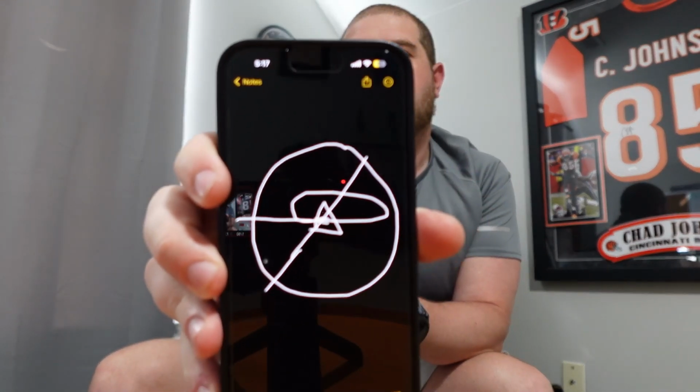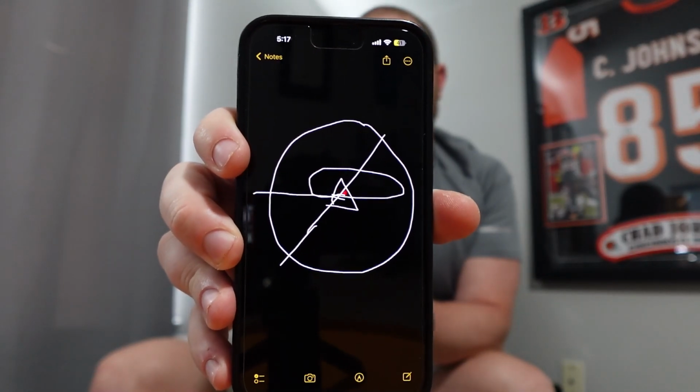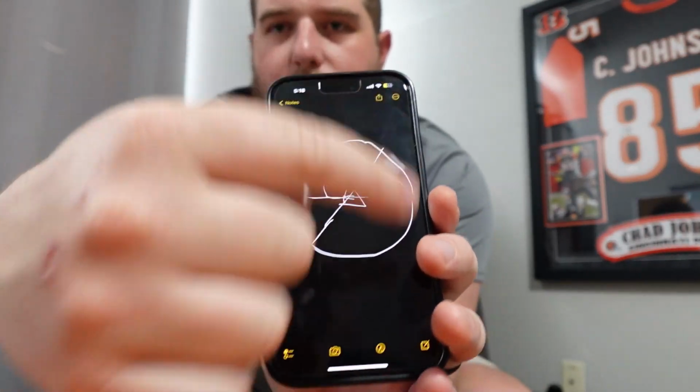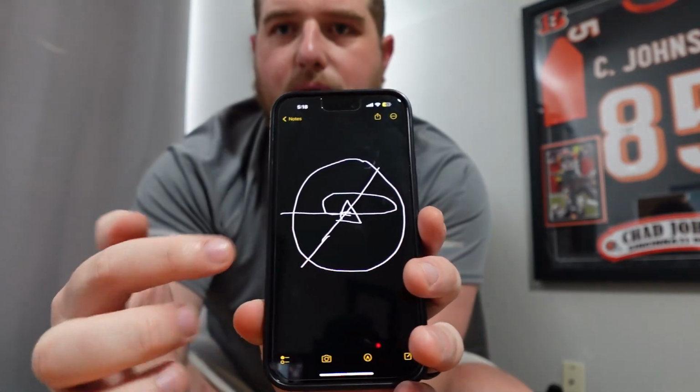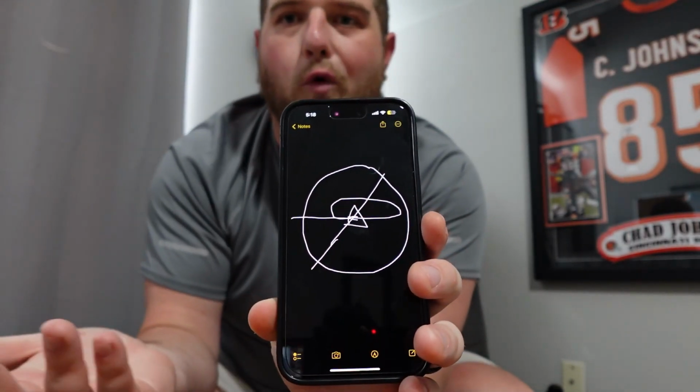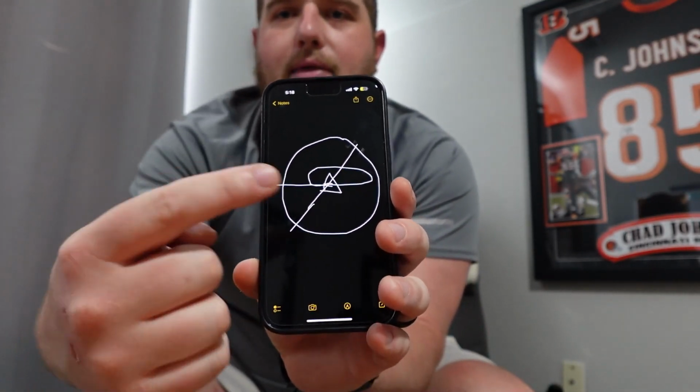Now, in my typical Picasso form, I went ahead and drew this up. And this is really going to be your best friend when it comes to learning these things. So the circle in the middle here, the big circle, that's your compass for all intents and purposes. This circle, or oval, is going to be your holding pattern. And then the lines here are different sectors of your holding entry, based on where you are entering that sector based on your heading. And I know that sounds like a jumbled up mess, but